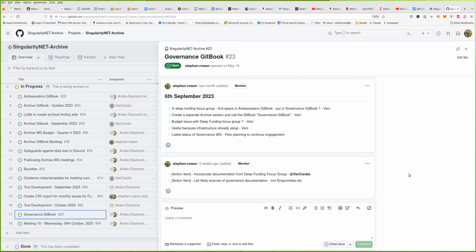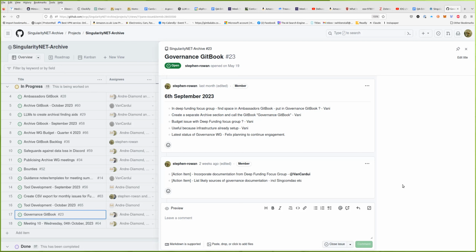And the only other thing was to add sources of governance documentation. I think this whole Gitbook needs a bit of a looking at, because it's got some great stuff on there. And in the Odin meeting yesterday, Felix, are you still here? Yes, you are. You raised all the stuff that we'd done with the governance framework document. And I think we need to think about what else needs to be on there.